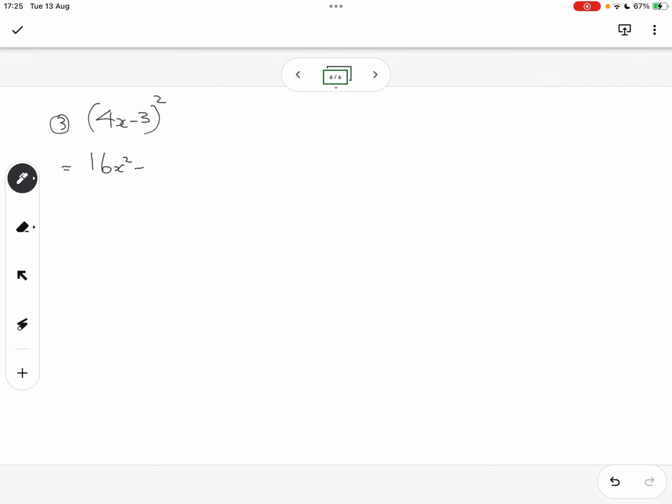So 4x times negative 3 would be... let's rather do this. 4x minus 3. Then we've got 16x squared minus 12x minus 12x, plus